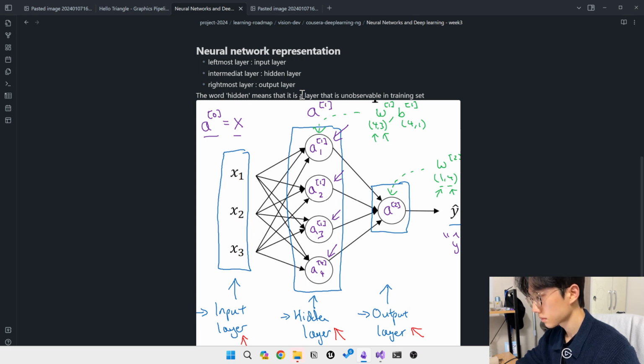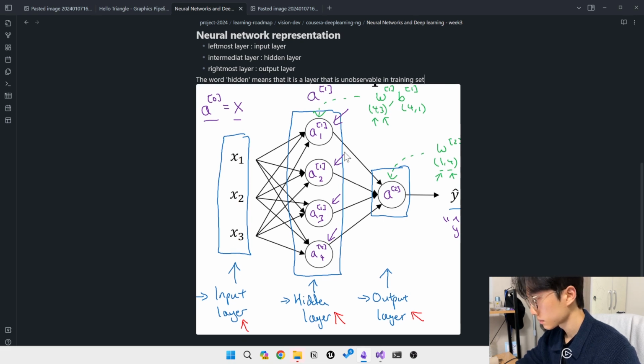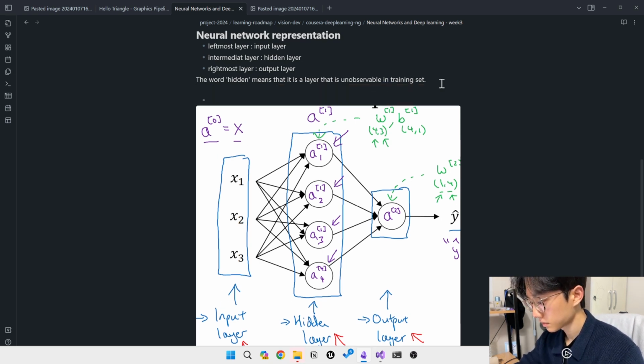Whereas previously we were using the vector x to denote the input features, an alternative notation for the values of the input features will be a superscript square bracket 0. And the term a also stands for activations, and it refers to the values that different layers of the neural network are passing on to the subsequent layers. So the input layer passes on the value x to the hidden layer. So we're going to call the activations of the input layer a superscript 0. The next layer, the hidden layer, will in turn generate some set of activations, which I'm going to write as a superscript